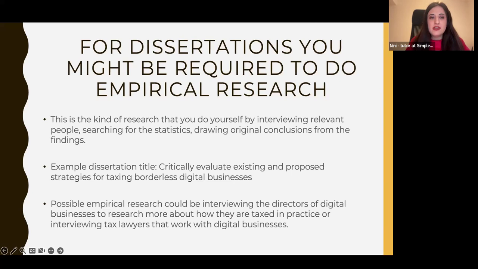Empirical research is basically doing research on your own. Instead of looking at what other people have said on the internet or in journal articles, you do your own research and you draw your own original conclusions. For example, you could interview relevant people for whatever research you're doing. You could do statistical analysis. You could use existing sources for statistical analysis, but there has to be some original research in there,